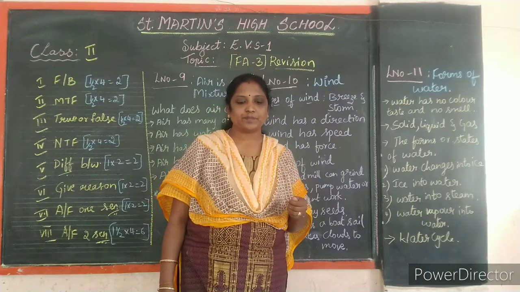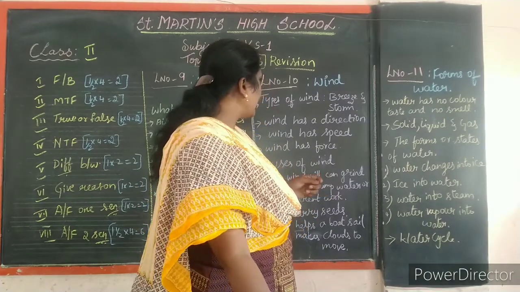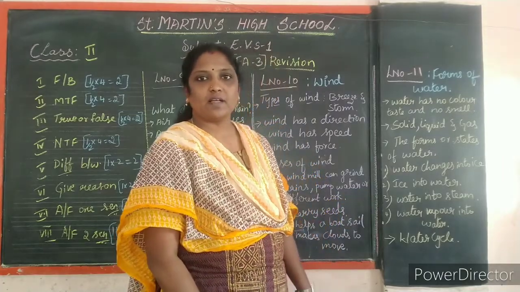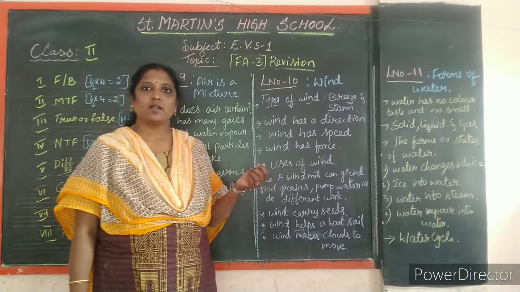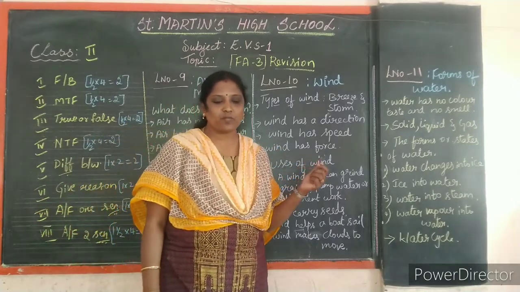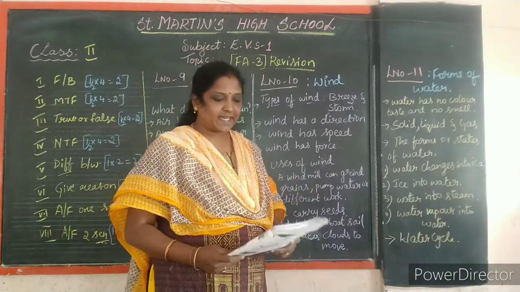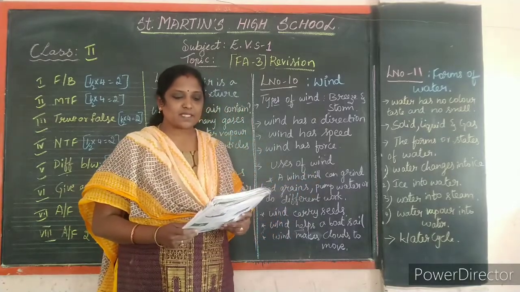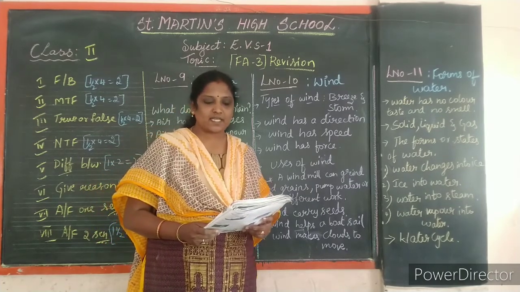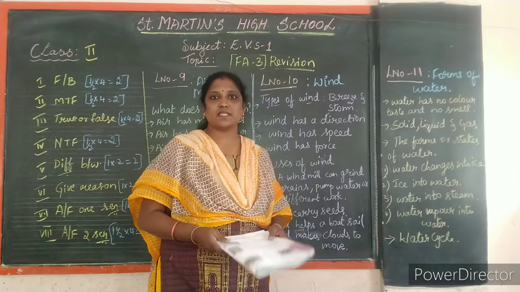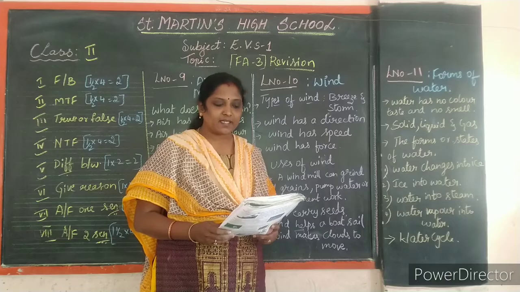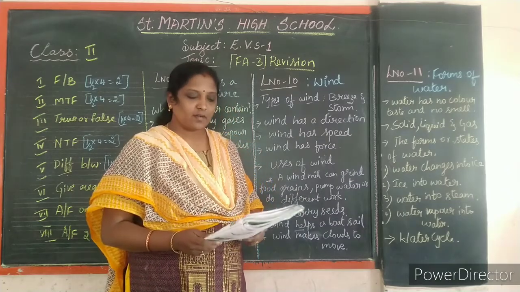strong wind. Okay. Next is wind as direction. Yes, when you are flying a kite, you can feel which side the wind is blowing. To that side only the kite will be flying. So the moving air or wind always blows in a direction. The direction can be seen by the movement of branches and leaves, movement of kites and smoke from the chimney. Is it not, children?